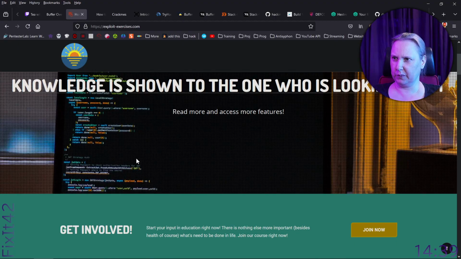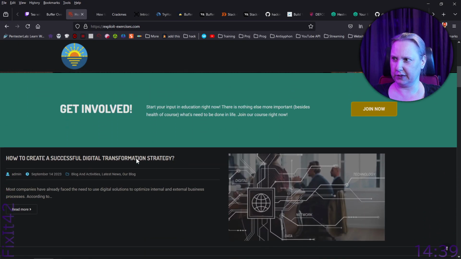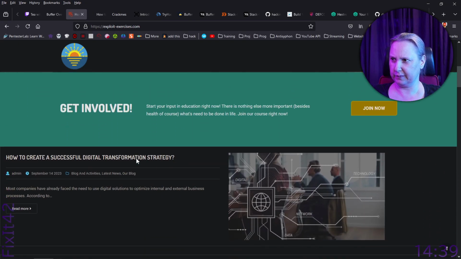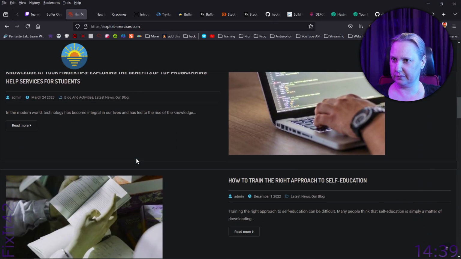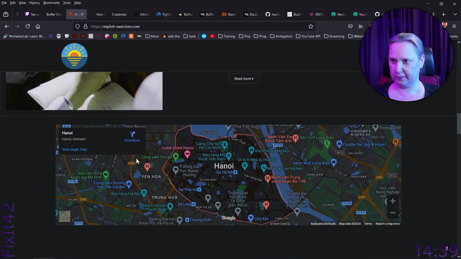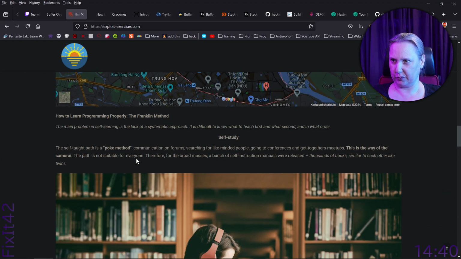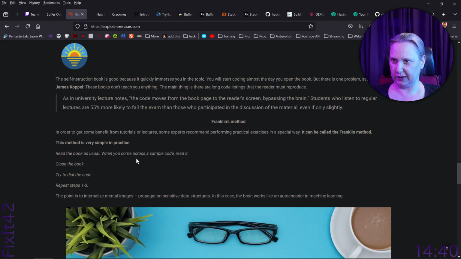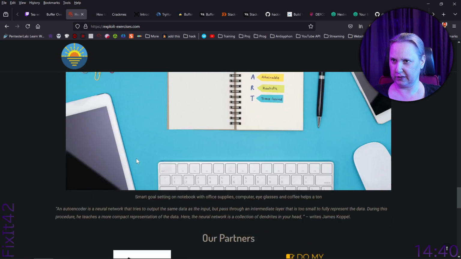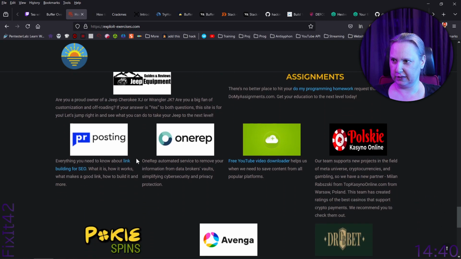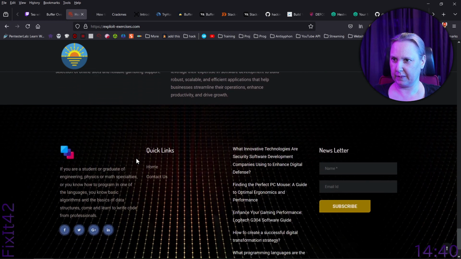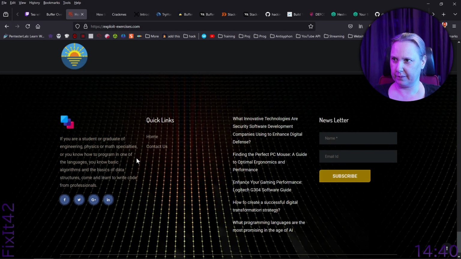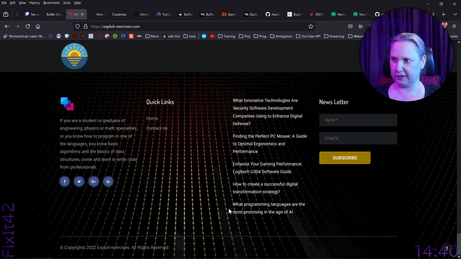Right, so welcome to exploit exercises. I've been to this page twice and I don't see how it's connected here. So why is this linked? It's like someone else took the domain.